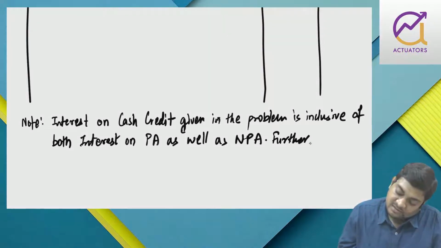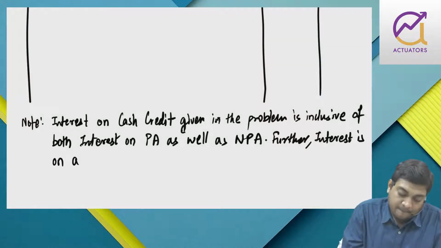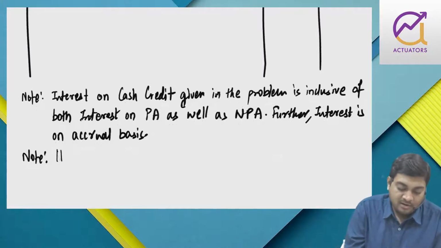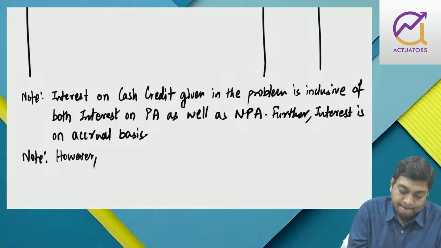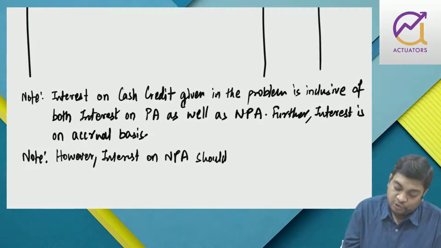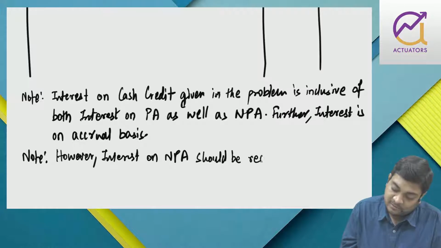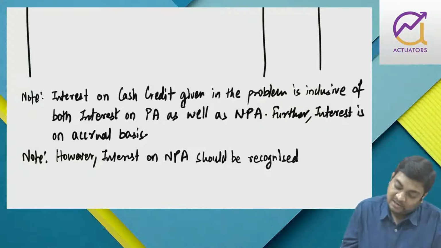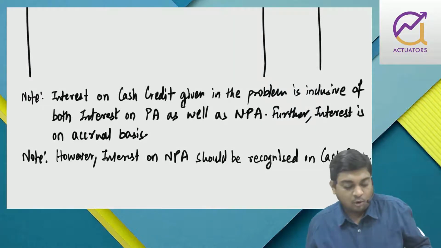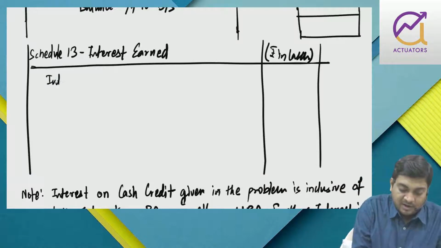Further, interest is on accrual basis. Another note, however, interest on non-performing asset should be recognized on cash basis. तो हम लोगों को क्या करना है, that